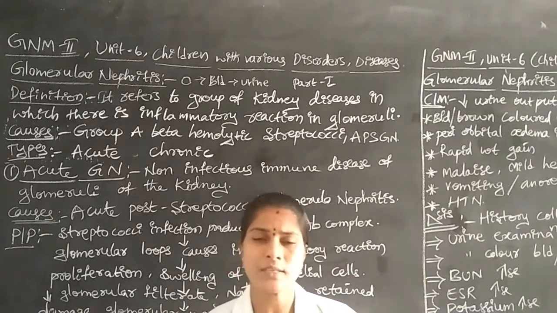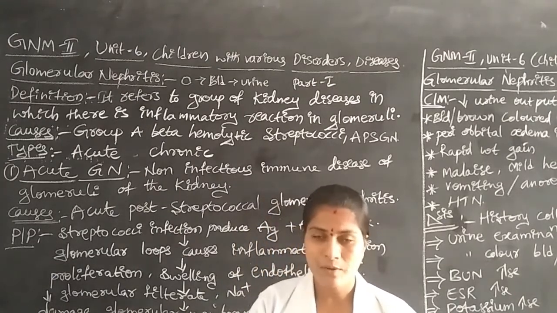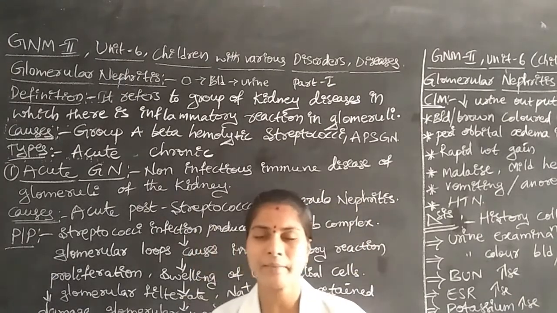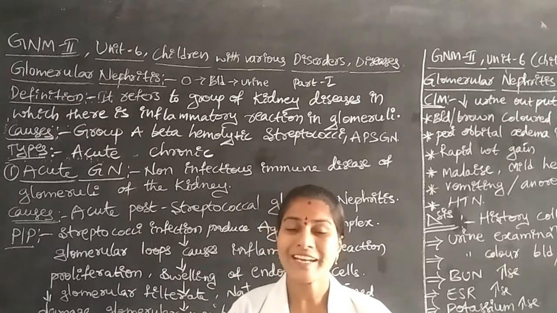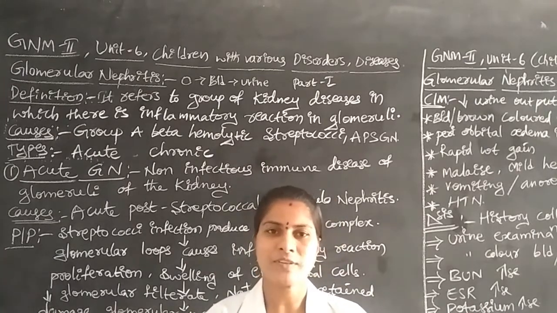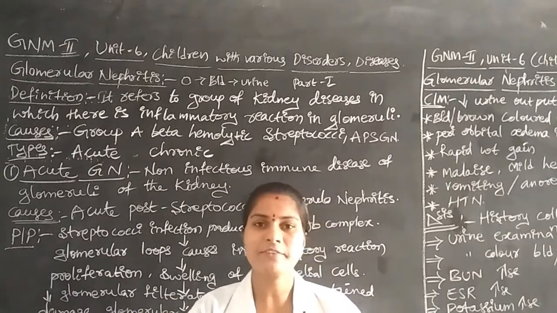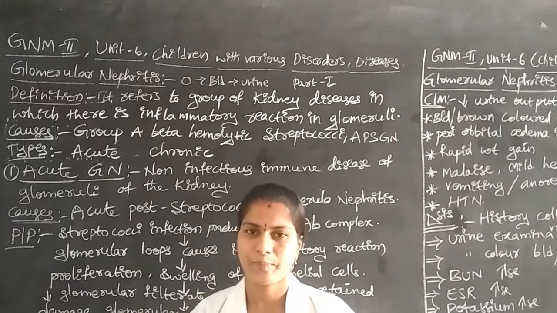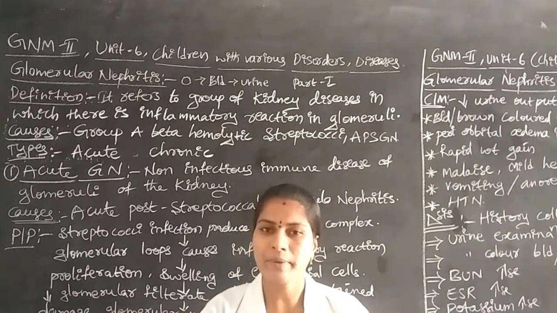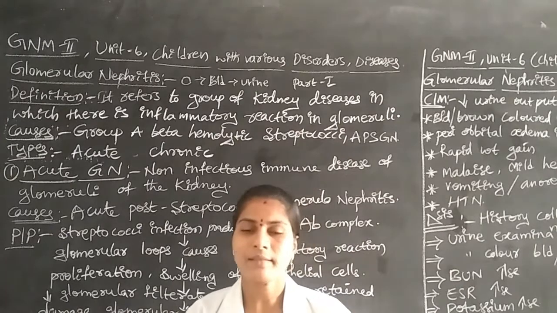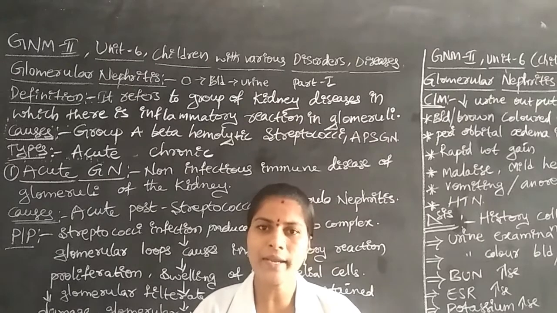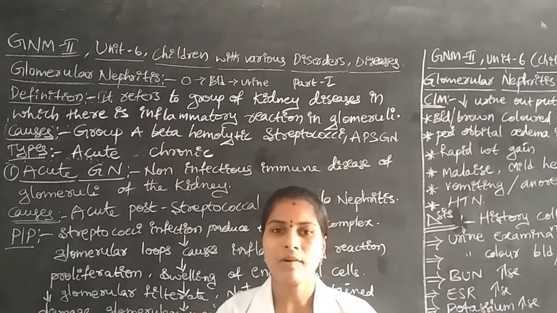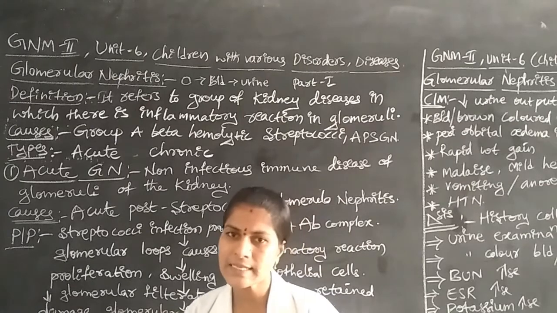What is glomerular filtration? Once the kidney receives blood, the blood is purified, and the waste products, the waste materials and waste liquid, are excreted from the body in the form of urine. This filtration is done by the glomerulus. Once the glomerulus is affected by the infection of streptococci, there is an altered or decreased glomerular filtration rate.